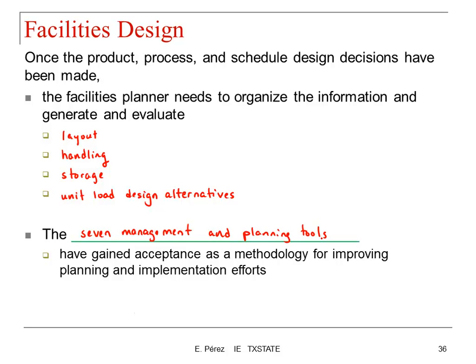So I'm going to discuss them briefly today, and we're going to refer back to them as we need during the semester. So the first one is called the affinity diagram,